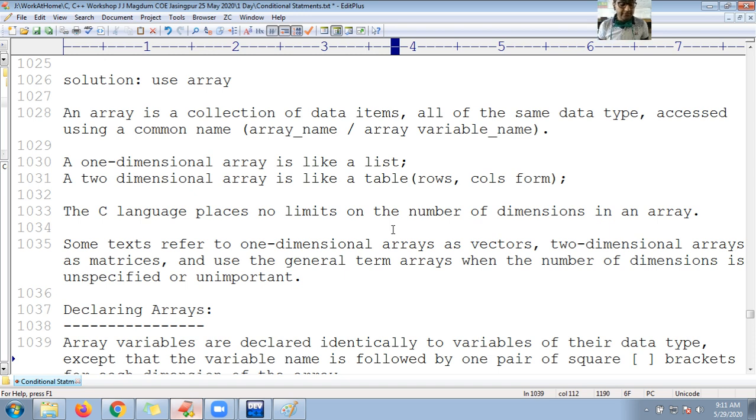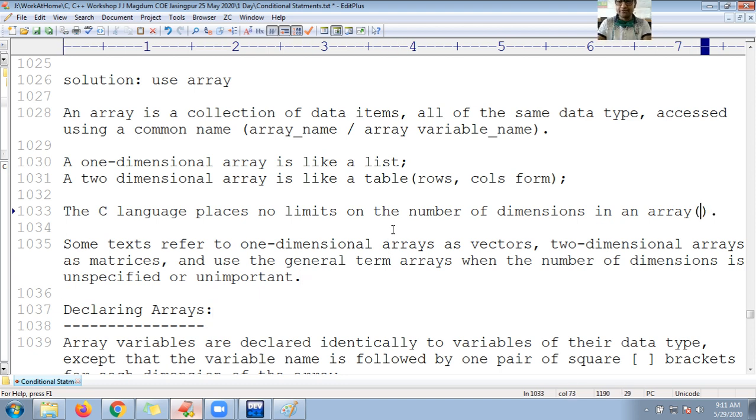So guys, there might be a question in your mind, sir, what is the size of an array, or how many elements or data items we can store in the array? If you create an array of type integer, how many numbers can I store in that array? So guys, there is no limit, if you create your array in your own way. Okay.